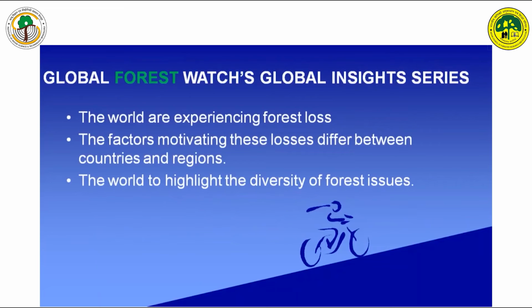These addresses require Global Forest Watch, which draws knowledge from its website. It shows the world areas experiencing forest loss, and you can also predict it through various models. Models are available, and presently you need not calculate the task yourself. As officers, you only need to address how you are going to calculate and what tools are available in the present scenario.